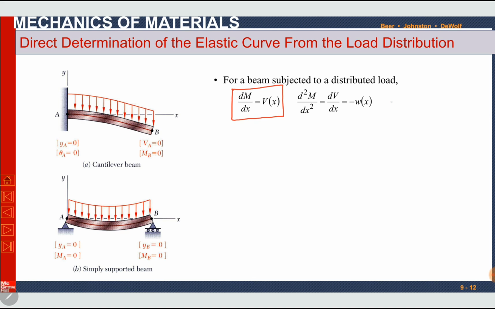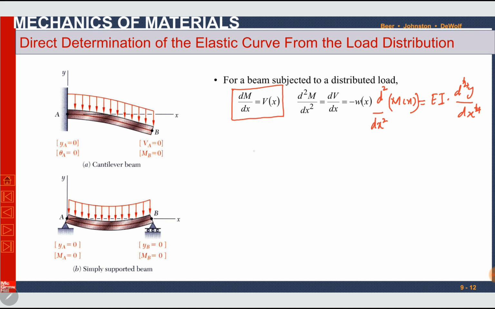We already know that moment is equal to EI d square y by dx square. If we differentiate this function twice, so this function will be also differentiated twice, so it will become a fourth order differential equation. So we can write this as